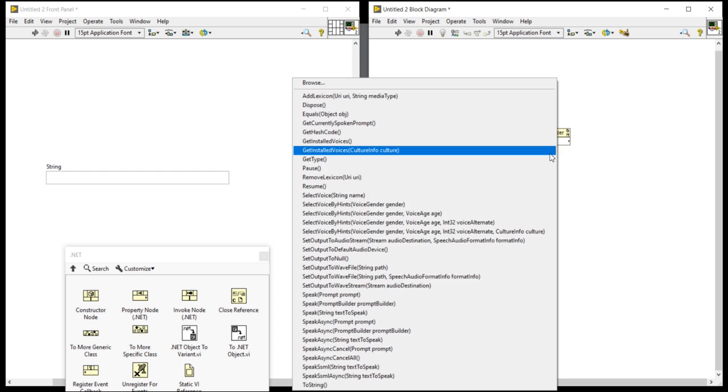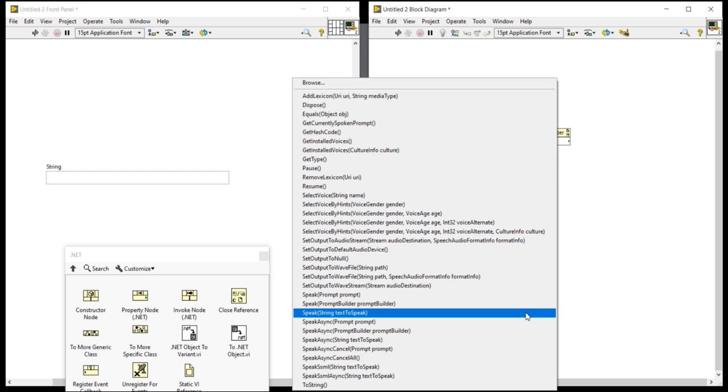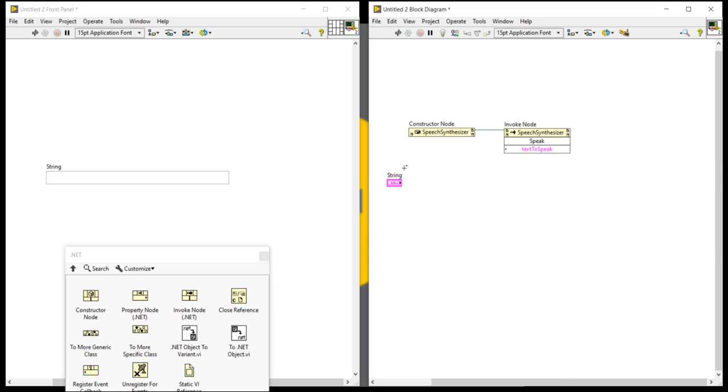Click on the method and try to find this one. Select this, Speak, string text to speak. Click here. Now connect like this.